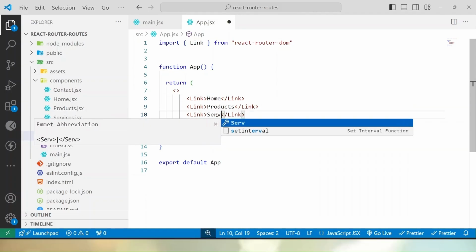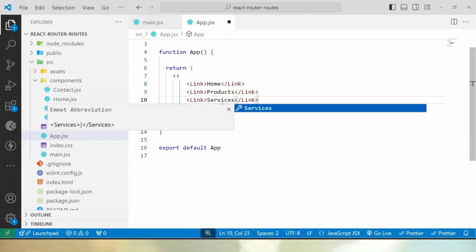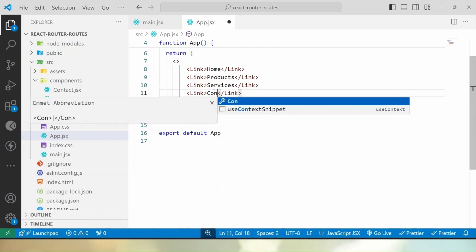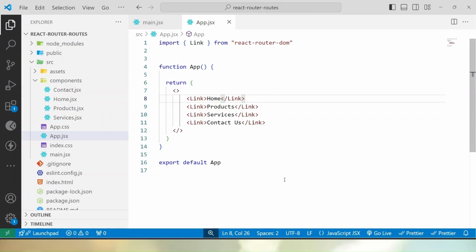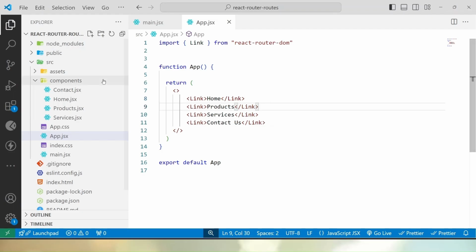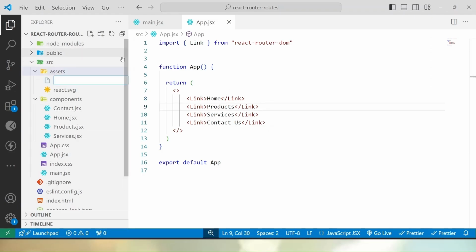Then after, let's call services. And finally here, let's say contact us. Now if I go, we can see here we have home, products, services and contact us. But some CSS part is missing. So what we can do, just go inside these assets and let's create a file called